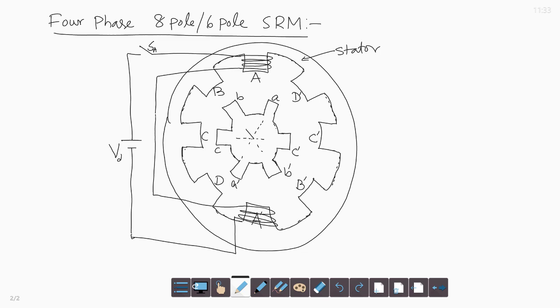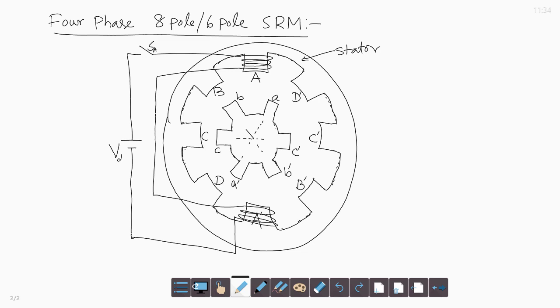So, there will be a reluctance torque and the rotor will continue to rotate, and the speed can be controlled by varying the frequency of the switching, that is, the speed at which the switching occurs. Torque also can be varied by varying the DC link voltage V d. So, the current and magnetic field strength is controlled, and torque is established. This is the principle of the switched reluctance motor.